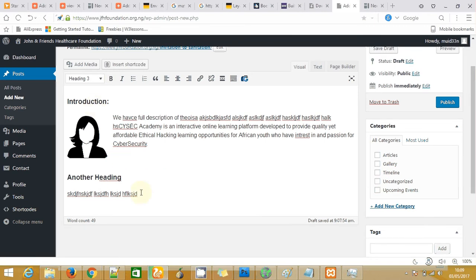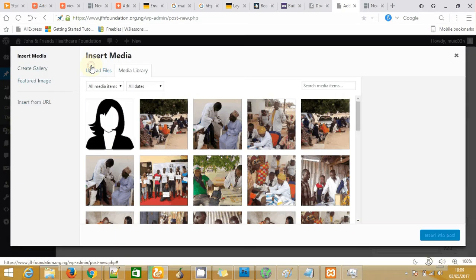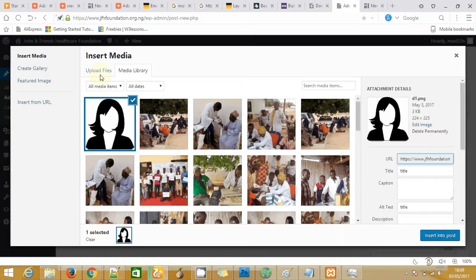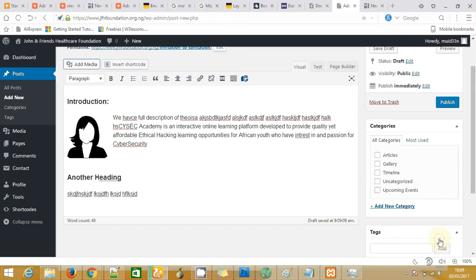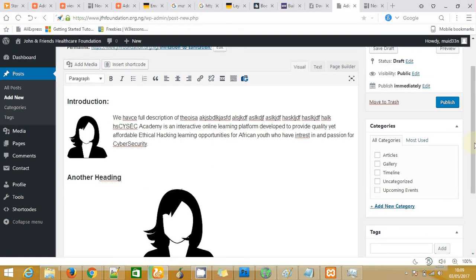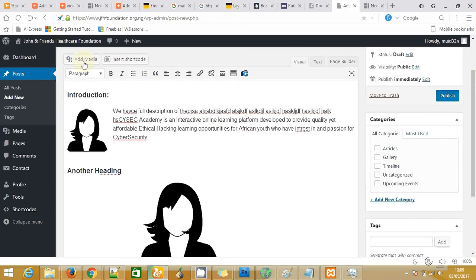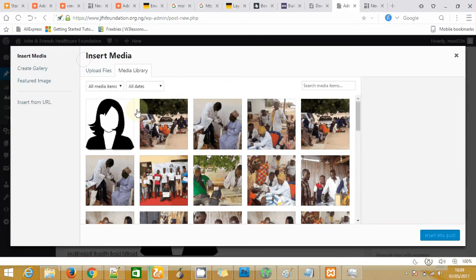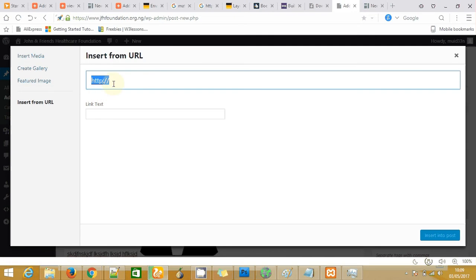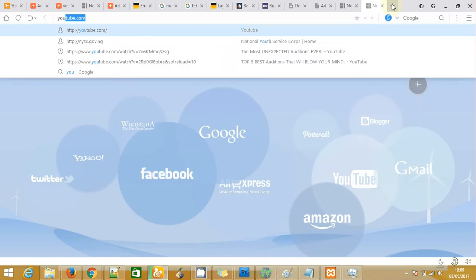You want to add another picture somewhere else, you can just click add media and select from the already existing one, or you upload. So you click insert into post. It automatically comes inside and you can adjust and arrange the way you want. Apart from that, the media option also allows you to insert from a URL. Let's assume you want to embed a YouTube video. So instead of you to copy the video and upload it onto your server, you can simply